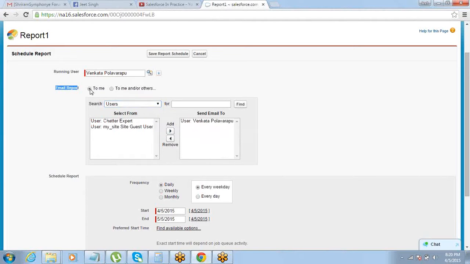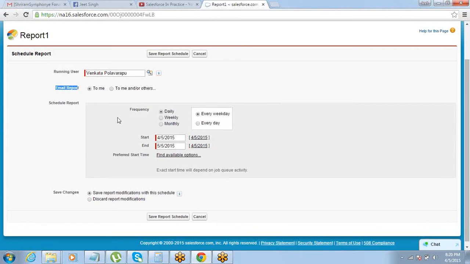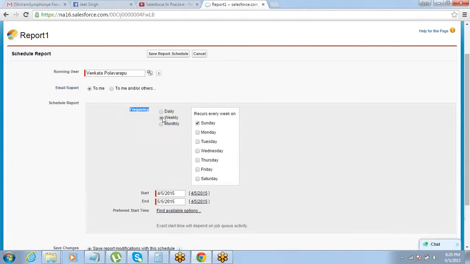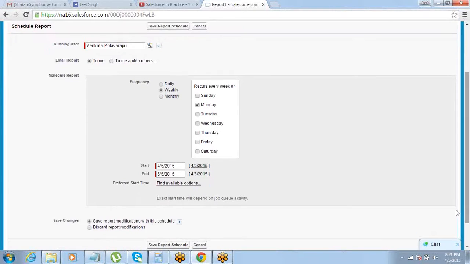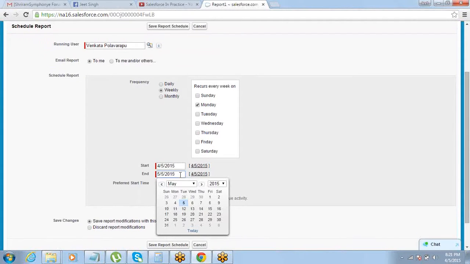So this report will be run automatically at the defined frequency, daily, weekly, monthly, whatever you want. You want it on Monday? Okay. Every Monday this report will be executed and sent to the defined users. You can define a start date and end date for it. If you want this process to continue till December 2015, you can do that.